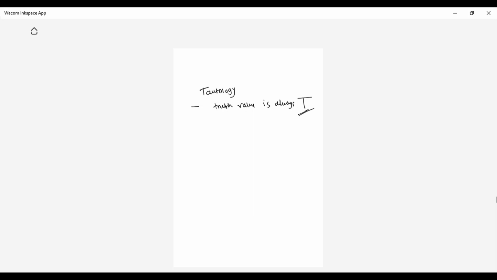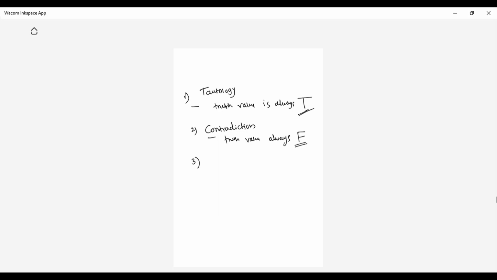The second one is contradiction. A contradiction is a statement whose truth value is always false. That we will call a contradiction.